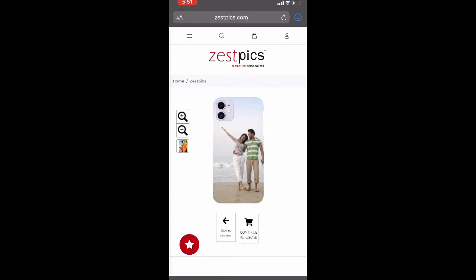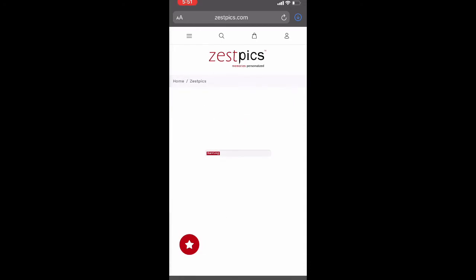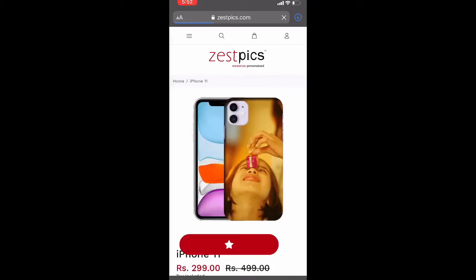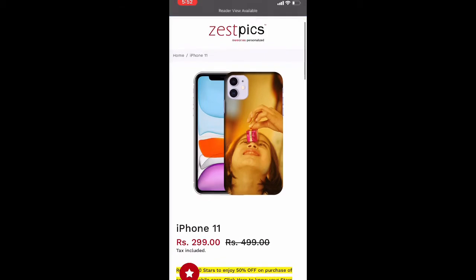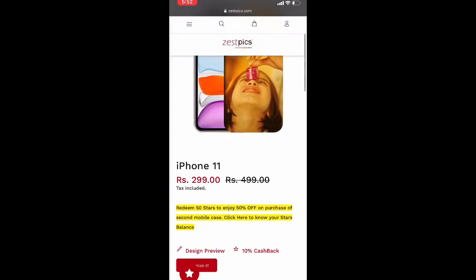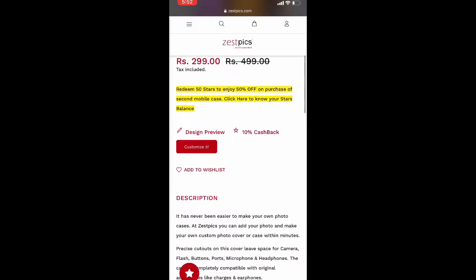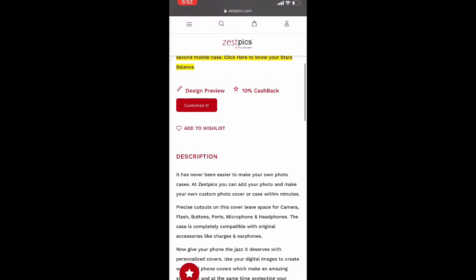Okay, now we have to continue to purchase. Yes, it goes back to the product page. Under customize it, now we will be getting our customized mobile case over here.